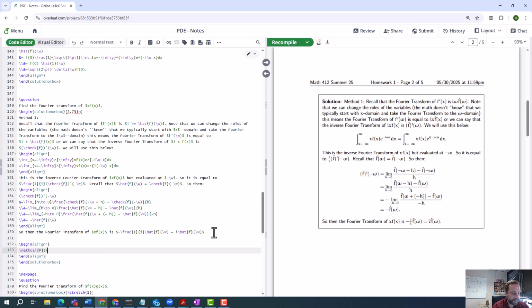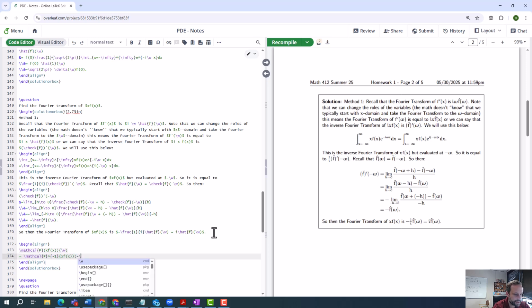F of x of omega. This is equal to the inverse Fourier transform of x f of x. So now this is like a change in perspective. This function, but evaluated at minus omega. And then we could say from the fact that we know the inverse Fourier transform of omega f of omega,